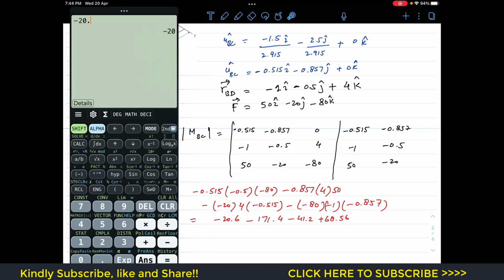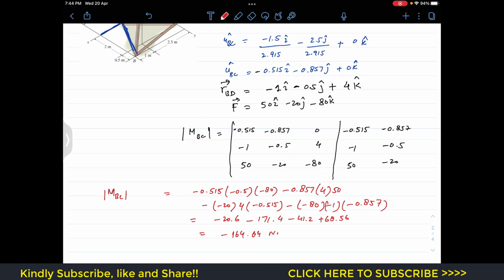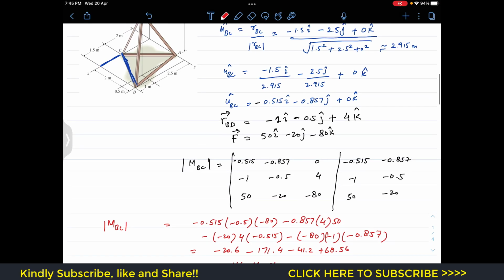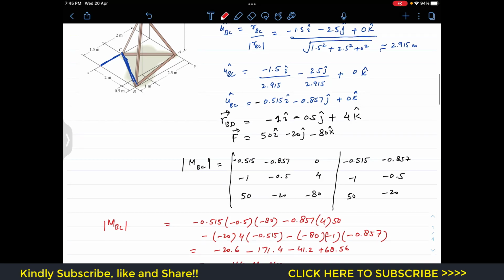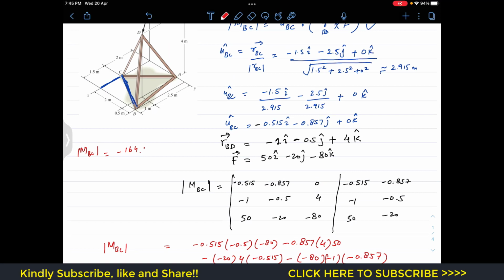Now we are going to add all these. So this is minus 20.6 minus 171.4 minus 41.2 and then plus 68.56. So this gives us minus 164.64. This is in Newton meter, and the minus sign tells us that the given force is producing the moment about the BC line in the opposite direction, right? Since we have considered the unit vector from B to C, the answer gives us that the moment about BC is minus 164.64